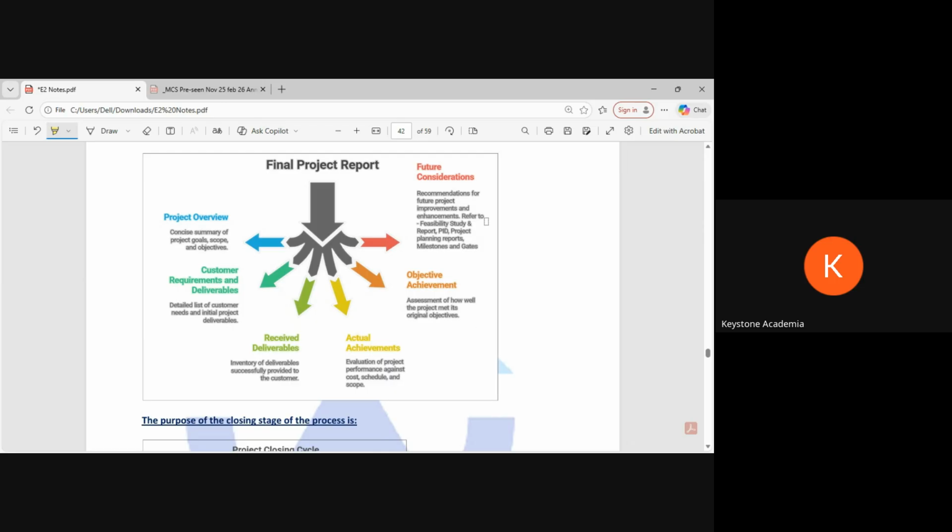Then future consideration: what we can learn from this for the future. But the problem is the current end user might not be interested in the future. They are like, we just need quality in this. If you learn, that's your personal thing. But as the payer, if they are sponsoring it, they need the quality.